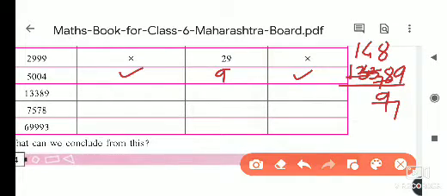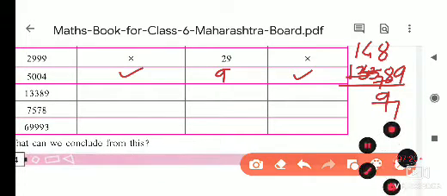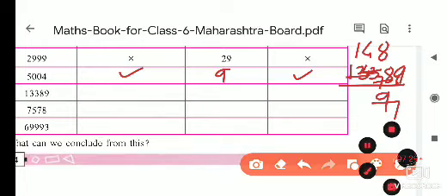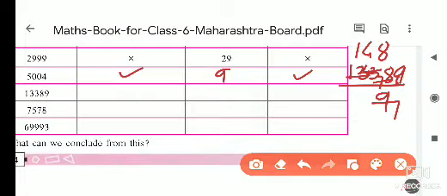Okay, now remains how much? 72. Then remains here 6, and we have to check whether 69 is there in the table of 9 or not. So if you see, check the table. So here 9 7s are 63, and here the remainder is 6. Now this number is not divisible by 9. So you have to give here wrong mark.